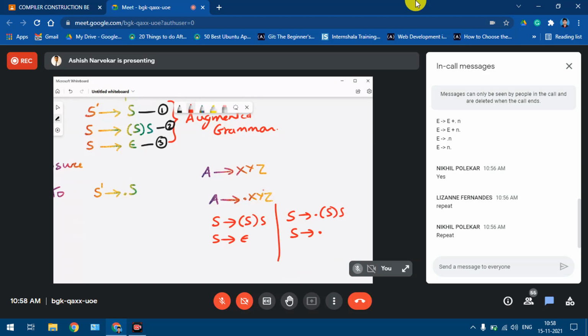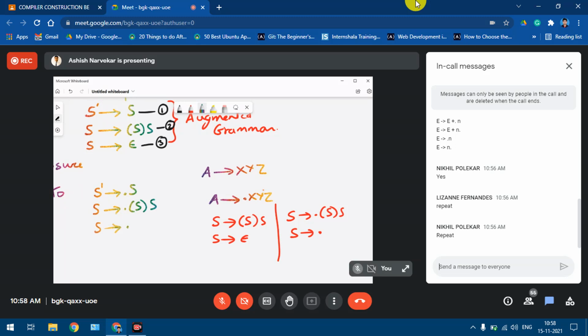So whenever we find that there is a dot to the left of the non-terminal, we need to apply closure. Applying closure means just generating the LR0 items. So now we need to generate LR0 items for this particular S. The LR0 items are S gives dot S and S gives.